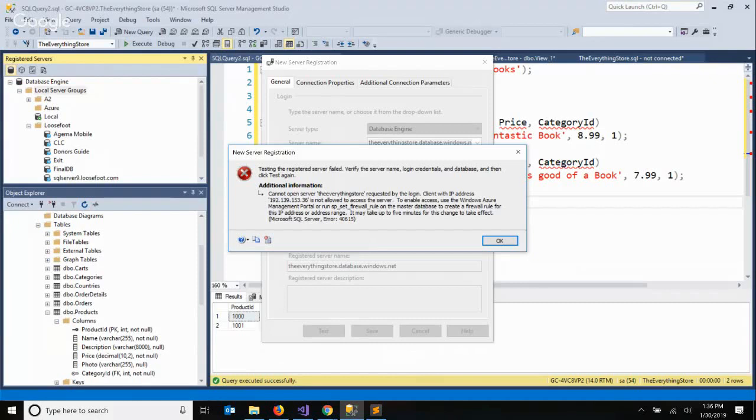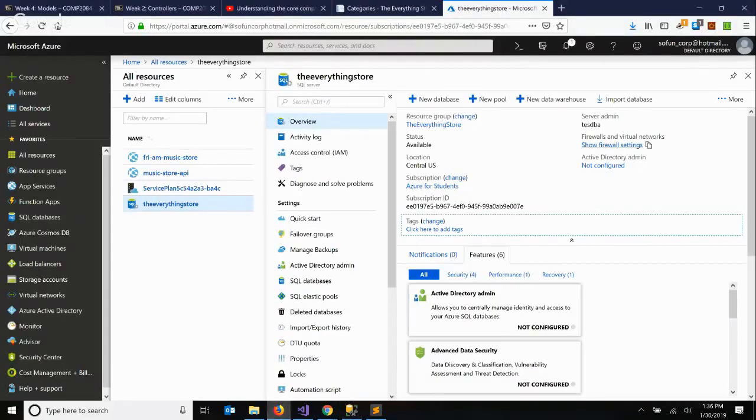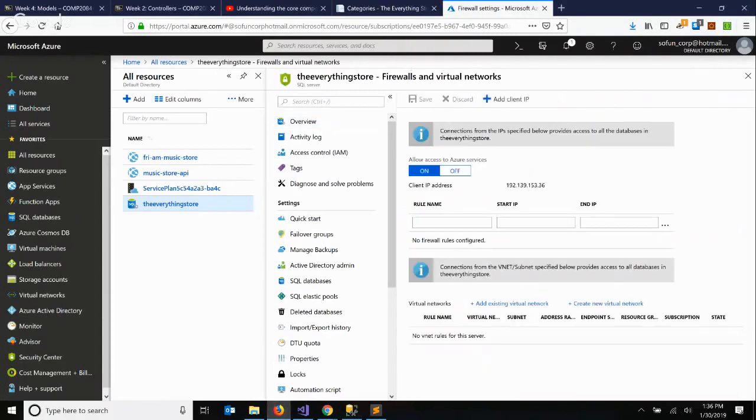So I could set it to allow my current IP, but that means if I go home or go and work in a coffee shop later, I'm locked out. So the easiest thing, I'm going to open the firewall to any IP, as long as it has the correct username and password. So no matter where I am, I can get in. So I'll click OK. And now if I go here to show my firewall settings,